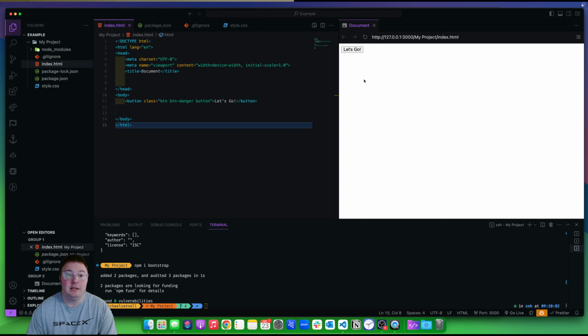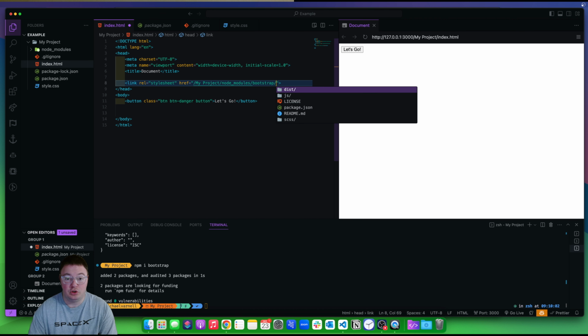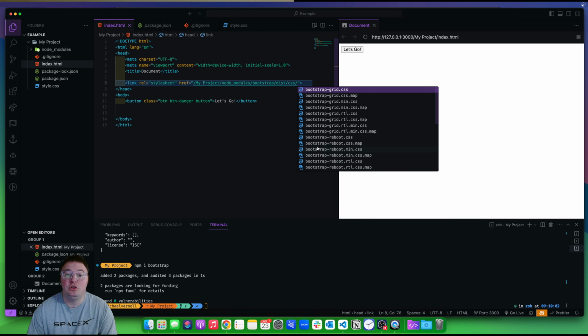So we have Bootstrap installed now, but if you'll notice, our button over here is not showing up with the Bootstrap stylings. So the next step that we'll need to do is linking it up to Bootstrap to where the HTML document will pull all the Bootstrap styles in for us. So what I'm going to do here is I'm going to type in link and hit enter. And that puts in just a basic link and gets us to the href. And now we're going to do a / here. In my project, I'm going to go to node_modules, bootstrap, dist, css,